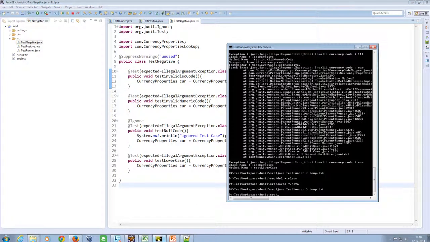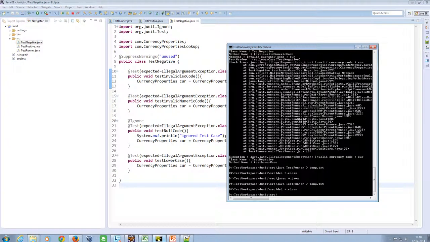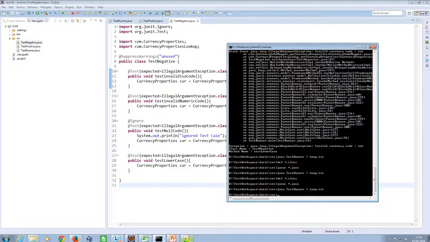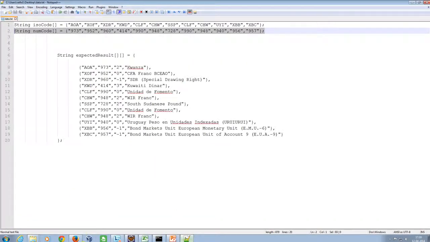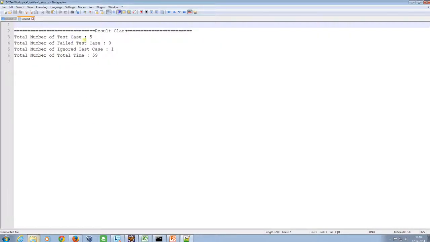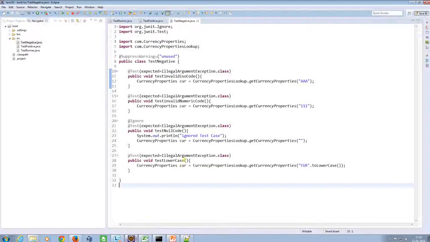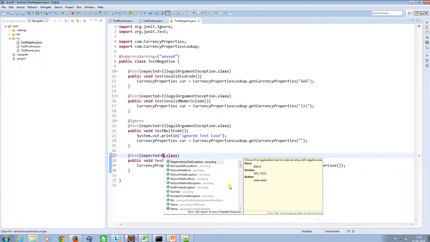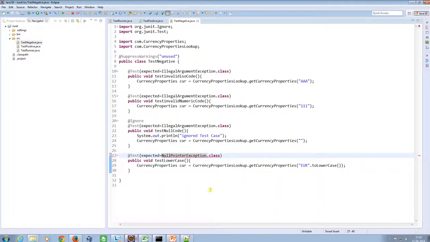Once this is done, again I will delete my class file, compile the Java file, and run my runner class. As you can see, the total number of test cases executed is 5, and none of them failed, because now we are expecting the illegal argument exception. That's why this test case passed. For example, if I change this illegal argument to some other exception, let's say null pointer exception, and rerun it,